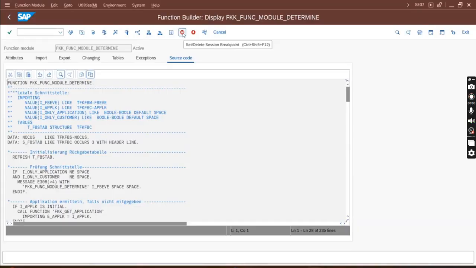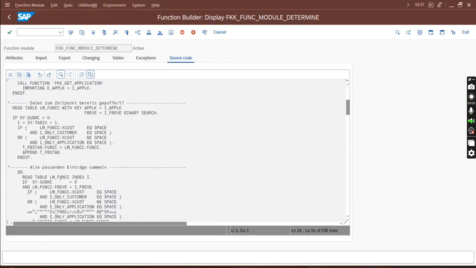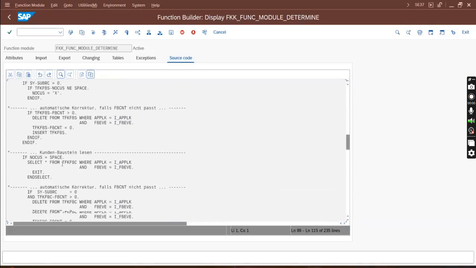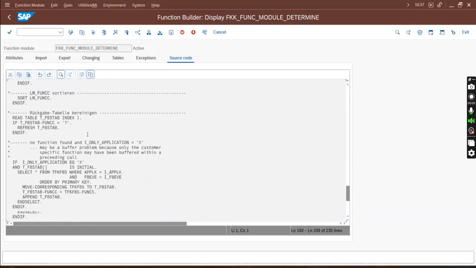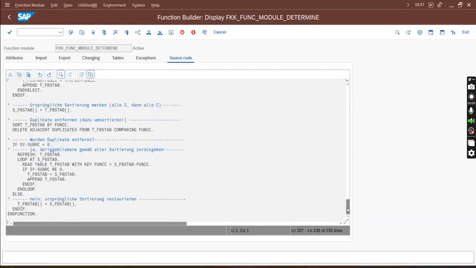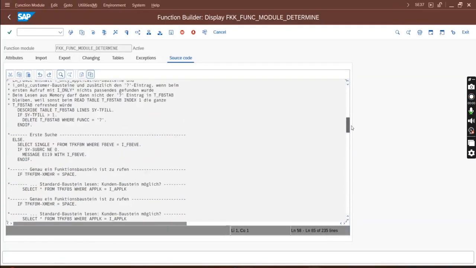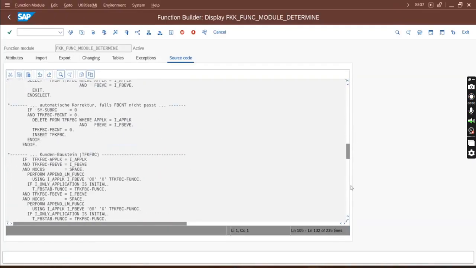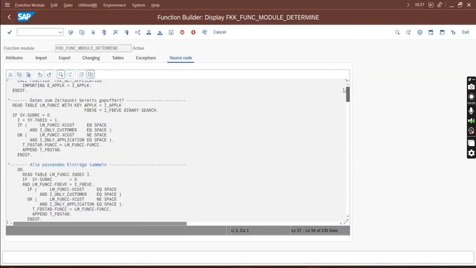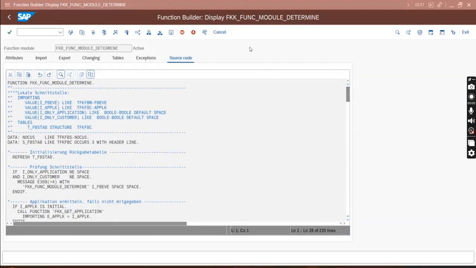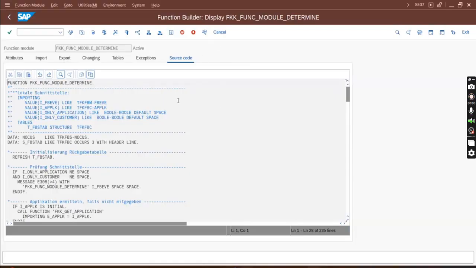What does the breakpoint do? When you run the program, each line will be read in one shot, all the lines, all the code, in a fraction of a second. But if you put a breakpoint at any line, the system stops there. So if you want to see how the system is behaving, you can put a breakpoint.